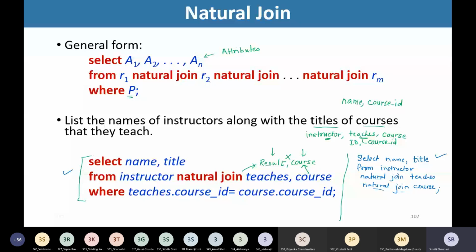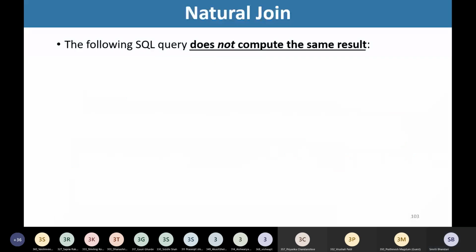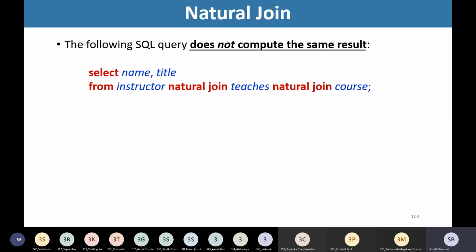The answer is no. These two will not provide me the same result. The reason I am going to demonstrate now. So please listen carefully. This is the other way of writing the query: select name, comma, title from instructor natural join teachers natural join course.